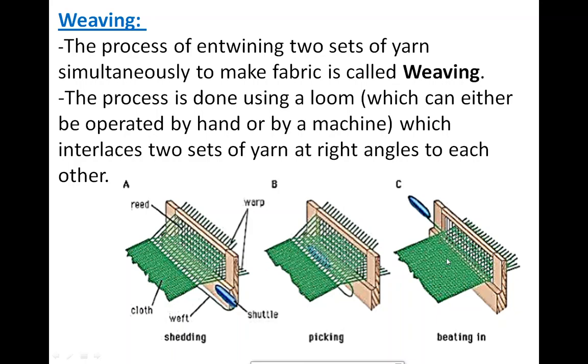fabric. Both the sets are at right angles, means horizontal and vertical sets we should arrange to make our fabric by the weaving process. Understood the weaving? Very simple process. So in the textbook, page number 22, you can see the weaving with paper strips, that activity you can also do. With the help of paper strips you can make your mat by the weaving process.